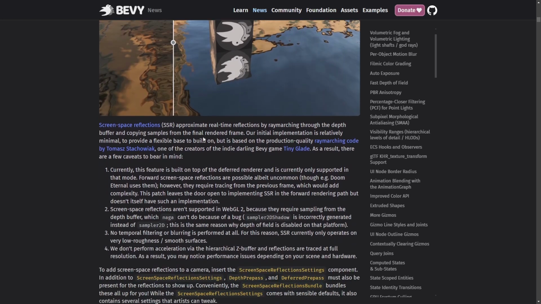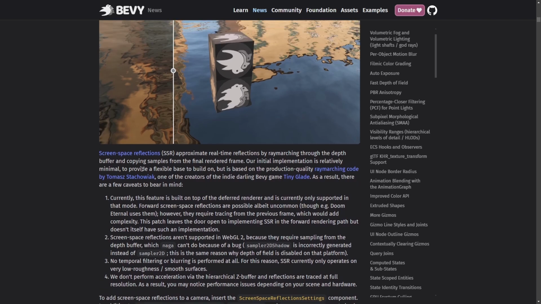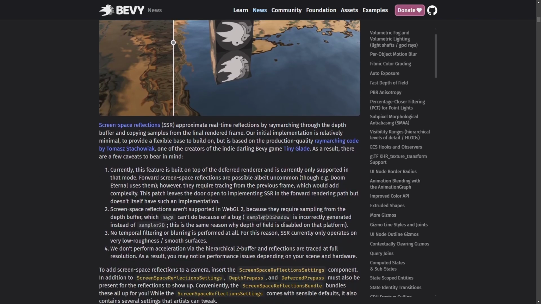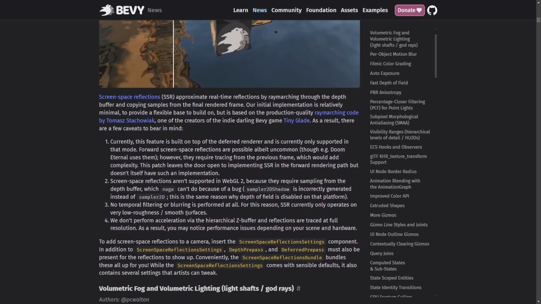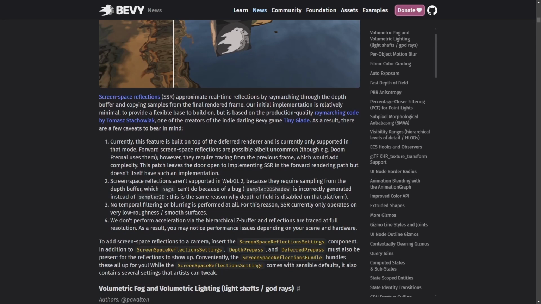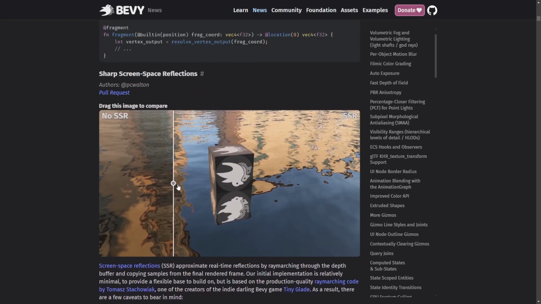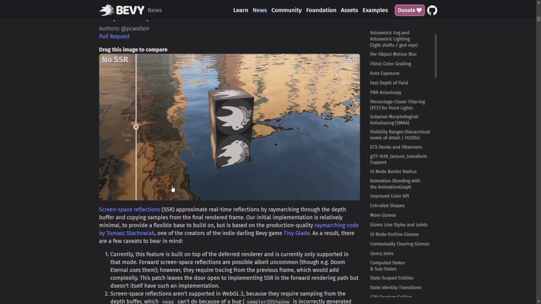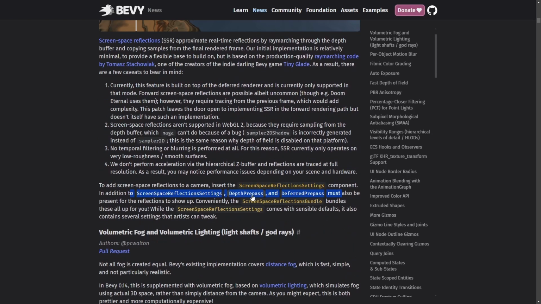So this uses ray marching or something to generate images, like 2D reflections. It samples the shadow somehow. I don't remember. I was reading this rendering stuff and it's all well beyond my depth, but really cool, because you just add these 3 components here to your camera, and then suddenly you have reflections in water. So that's cool. And I think they also said there's a whole bunch of things you can change, like the level of detail and stuff like that, depending on how much of your compute you want to go to just working out the